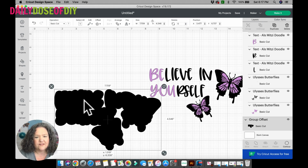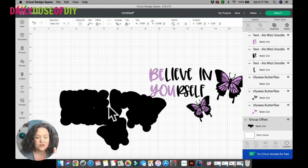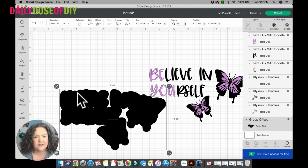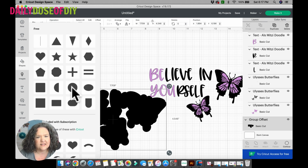So this offset, you can see there's some stuff in here we don't want. We want to cover up these little spots. We don't want them to cut. So if that happens to you, and it all depends on your design, it might all be filled in nicely. But if that happens to you, come to shapes, and then I'm going to select a circle,